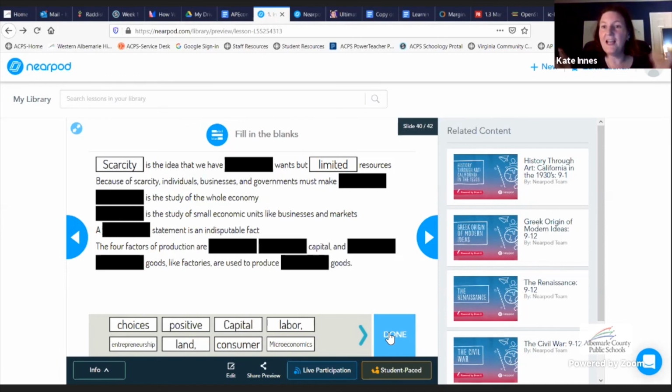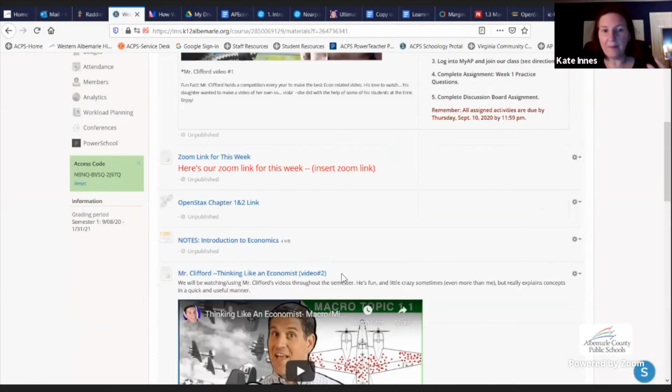Kids can press done. I immediately get the data. We can talk right then and there about what we missed, what we didn't. I can embed videos. I can direct the instruction right there. This is a 10 to 15-minute activity, but the kids are still working. After we finish that direct instruction, one of the things that would happen next